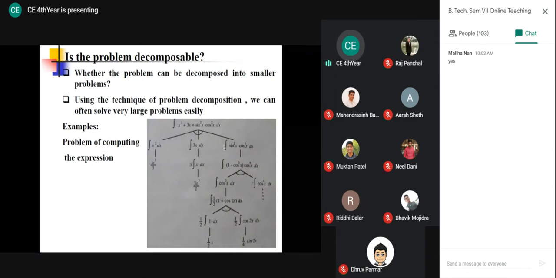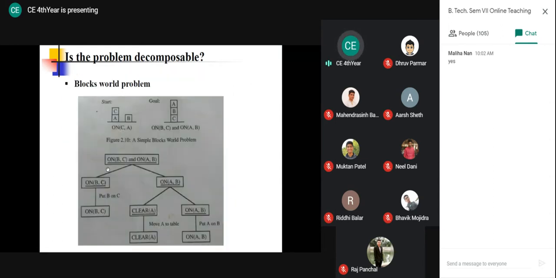So now here in this case, what do you have to do? At each step, it checks to see whether the problem is immediately solvable or not. If the problem is immediately solvable, then the answer is written immediately. But if the problem is not easily solvable, then we decompose the problem into smaller sub-problems, and this process is continued recursively. But see here in this case, all the sub-problems are independent. Right? When we combine them, we will get the original answer. So here you can say that the problem of computing the expression is a decomposable problem.